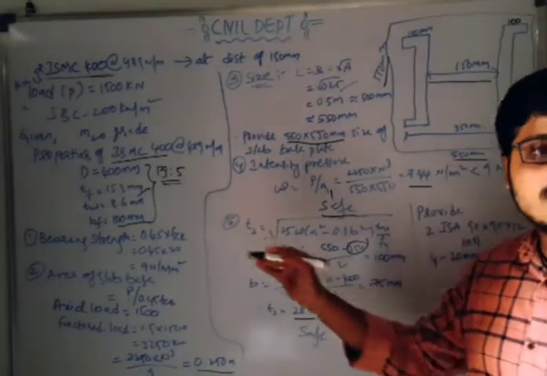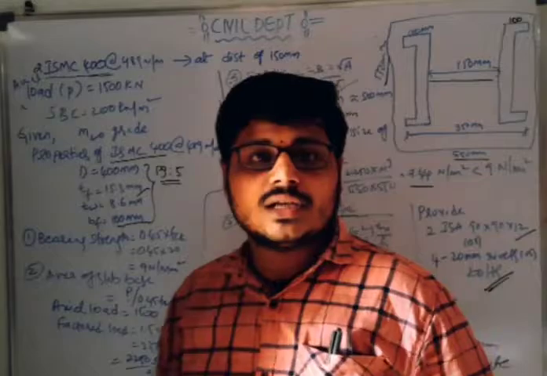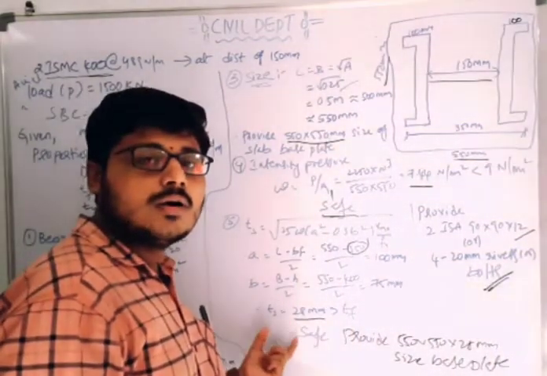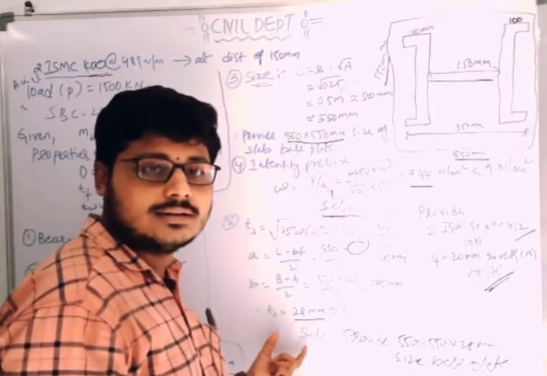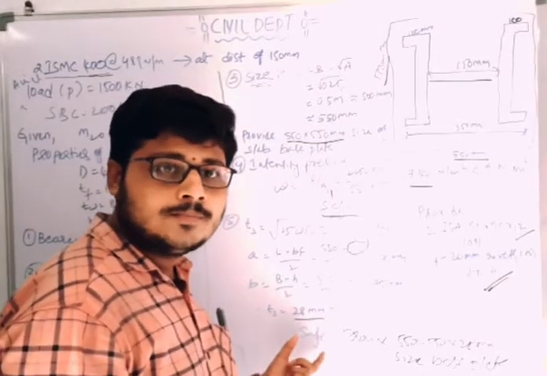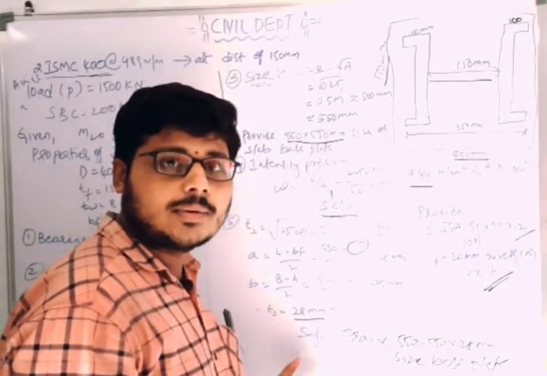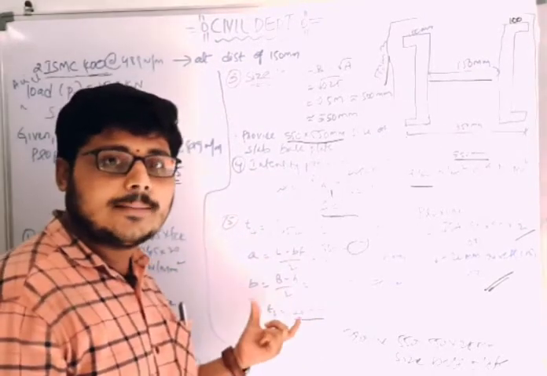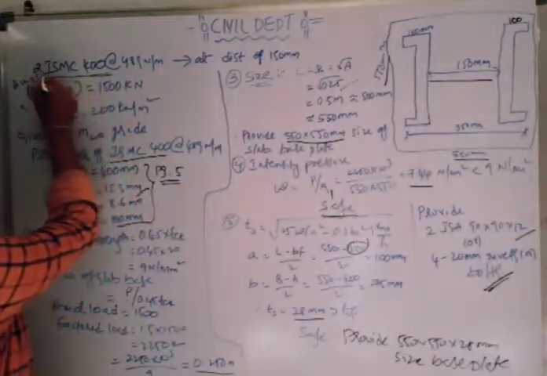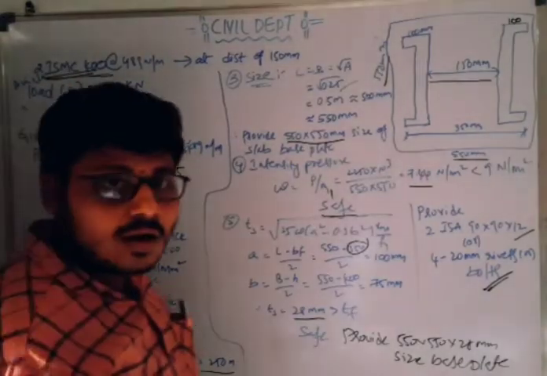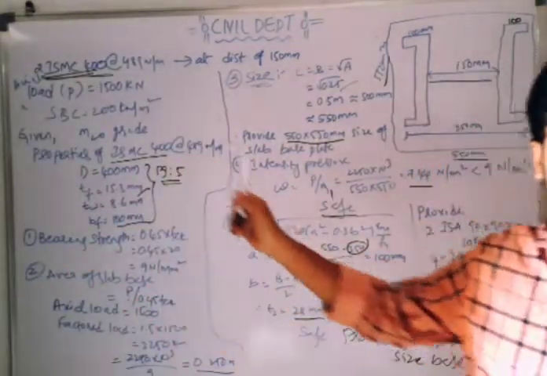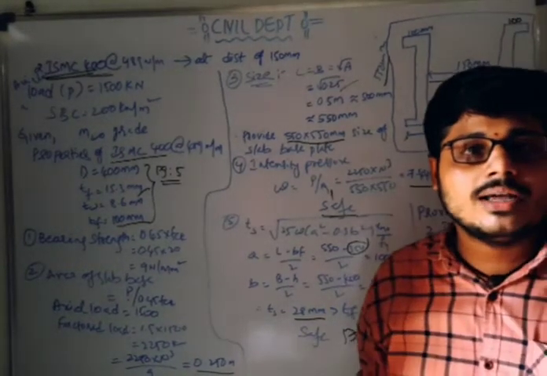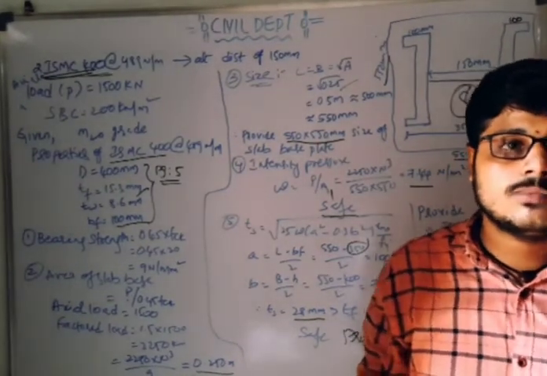Similarly to the previous problem, for the design of the concrete pedestal, do the same here: assume the height, then the area and size of the concrete pedestal, by a similar method. This is one of the methods for the slab base. So check whether it is a channel section or a heavy beam and follow the procedure of 8 steps, which is a similar method for the slab base plate. Okay, thank you.